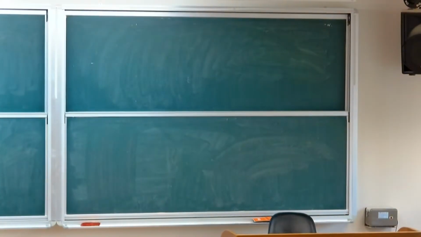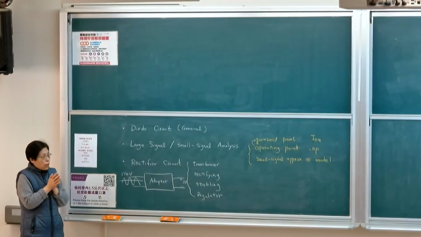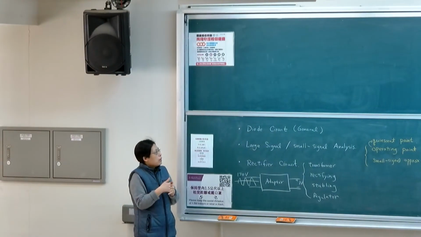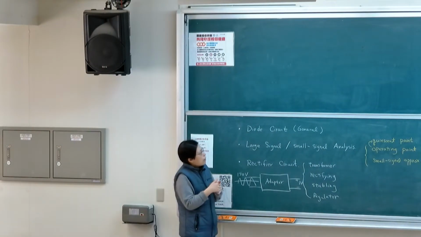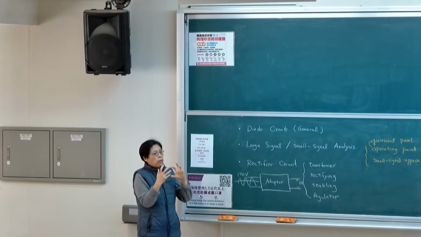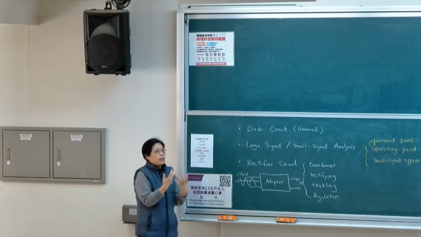So today we're going to continue on chapter 3 on discussion of diode circuits. So we start with the general review of some diode circuit examples. I'm going to give you some direction as to what are the typical applications, as well as how you analyze these types of diode circuits. And then we're just going to continue the discussion on the general operation of a diode and how you conceptualize these